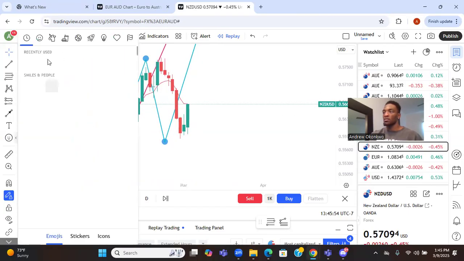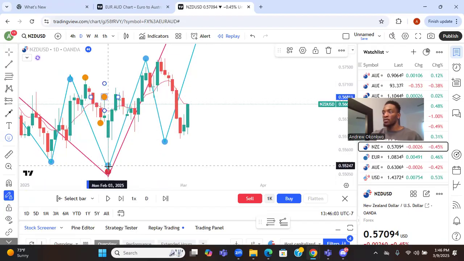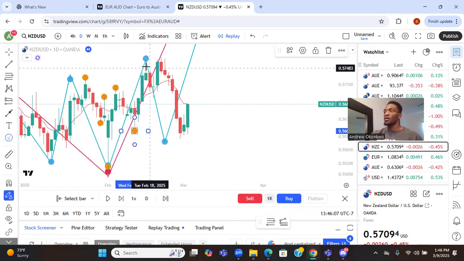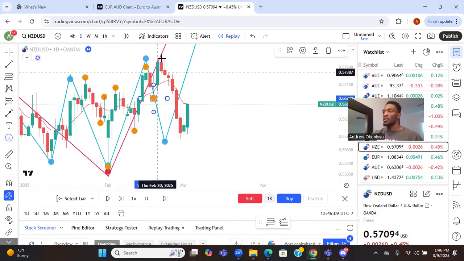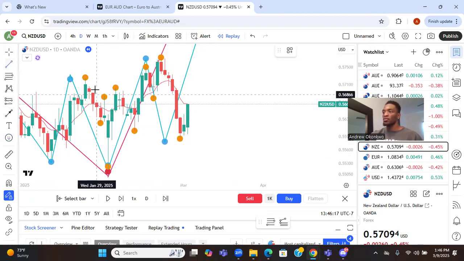So let's look at the past. What made this move? Figure it out. You see, market came down, up, down. Market got its high. Market retraced. Market came back up. Market retraced. Market came back up. Market completely took out this low. You see, market is getting ready to make that push to the upside. Okay, so